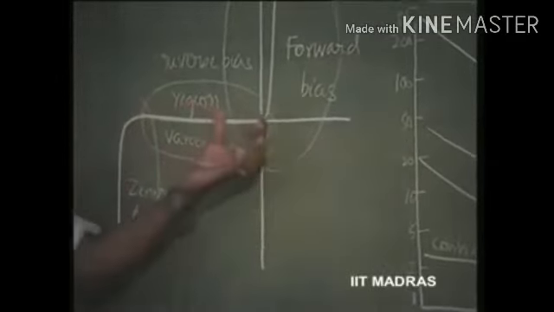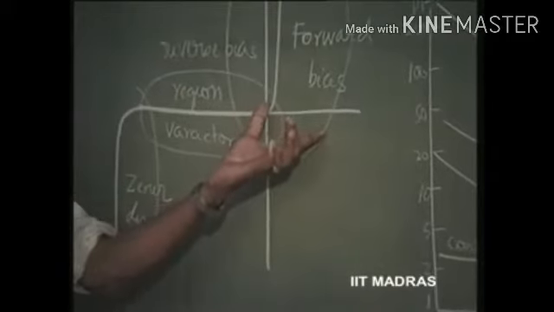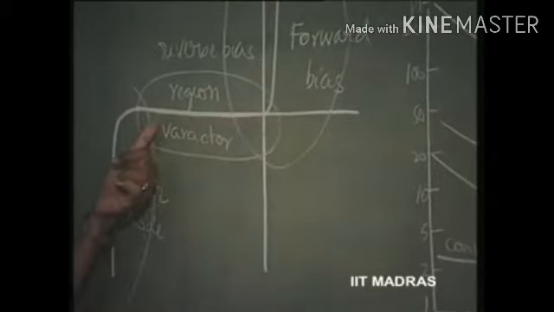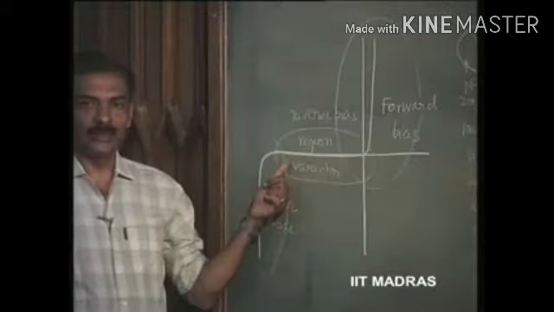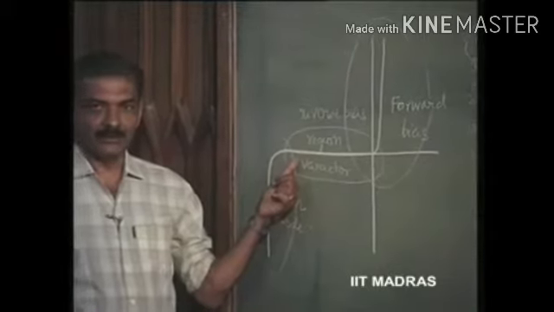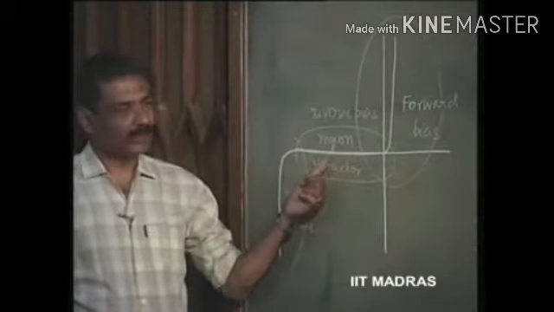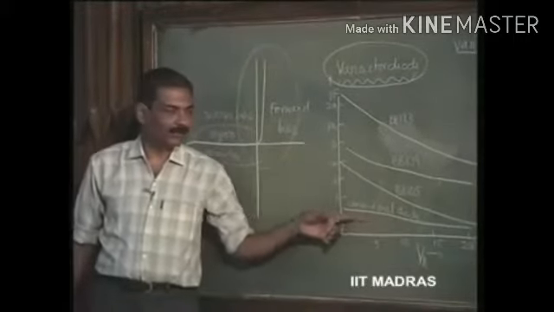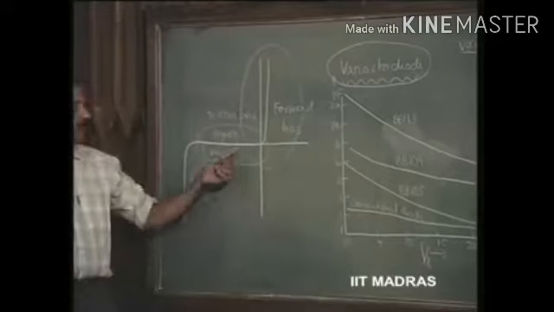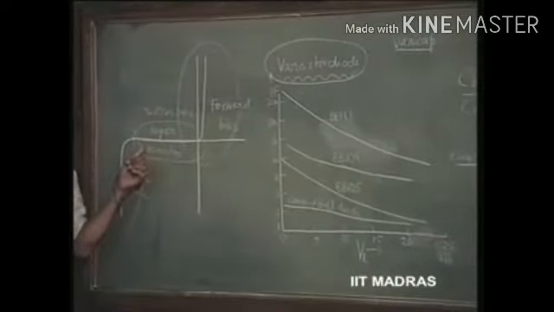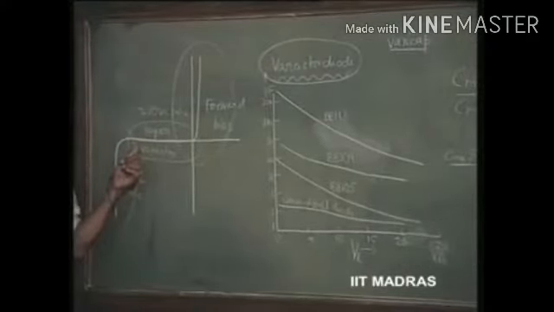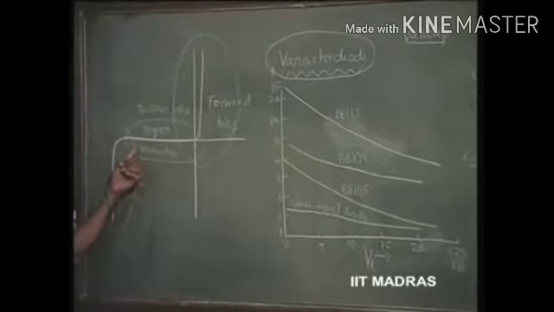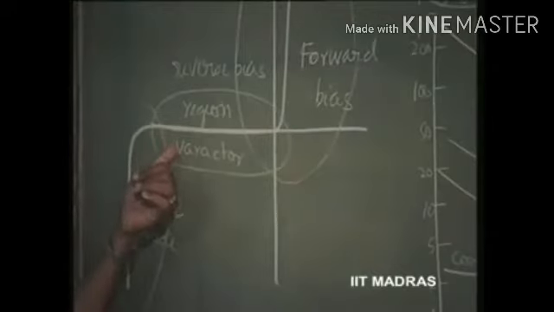So, in the case of rectifier diode, we are not so much bothered about its use in the reverse bias region where the resistance is infinity. There is going to be capacitance, but its variation is not going to be much. This is the conventional diode. So, if it is a power diode, the area is going to be larger and the capacitance also is going to be higher. If it is a small signal diode, the area is going to be smaller and therefore the capacitance is going to be lower.